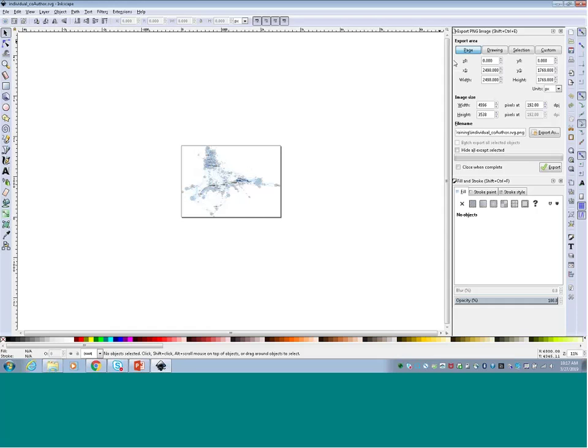So the two dialog boxes that I use all the time are the export PNG image and then the fill and stroke box. And I'll come back to both of those a little bit later on when we actually get to those. Further to the right are some additional options for text and some other tools.